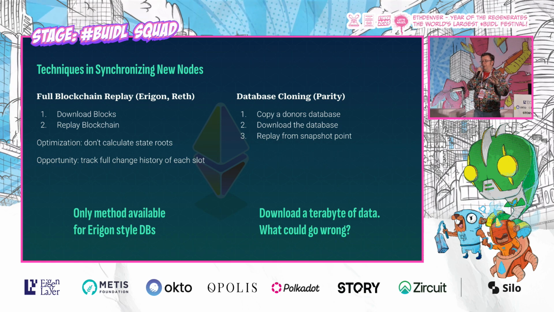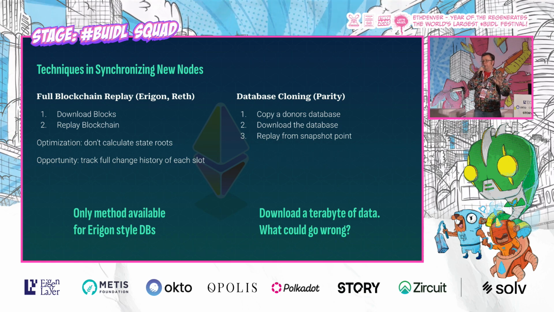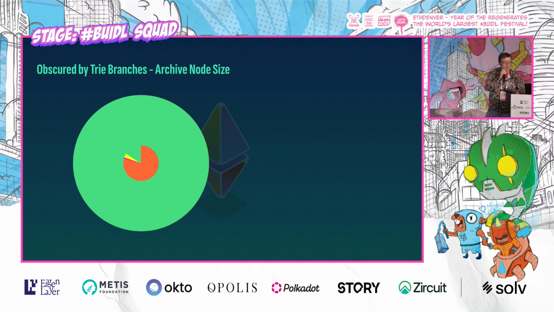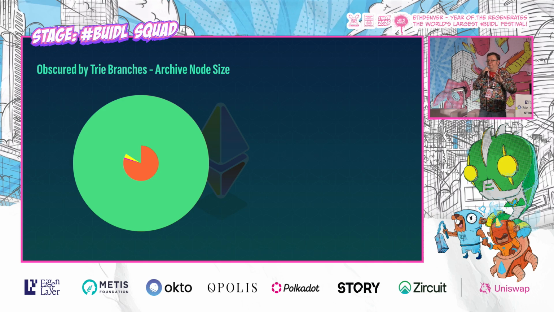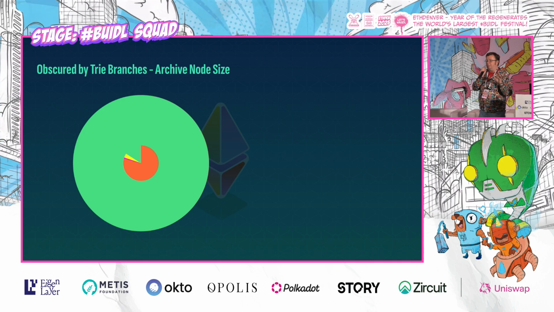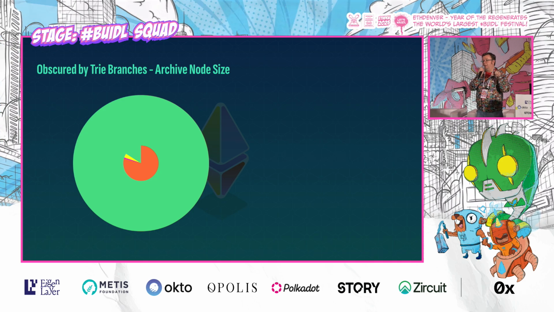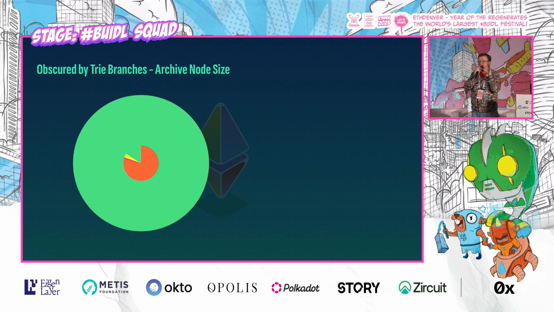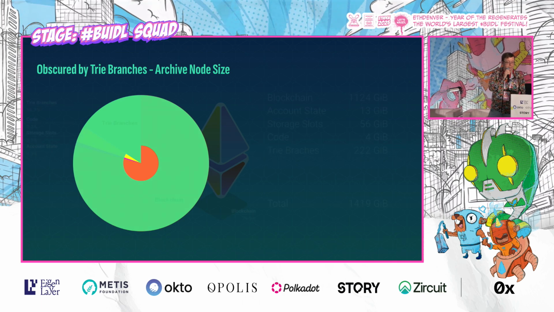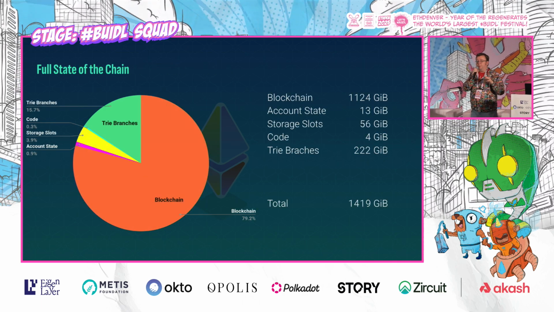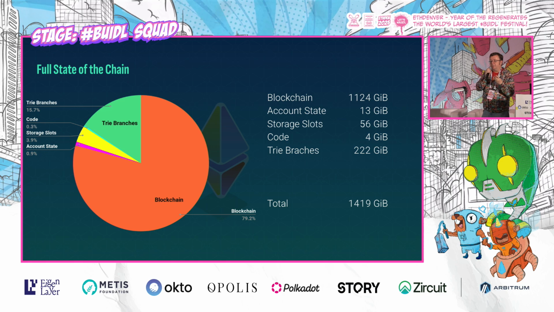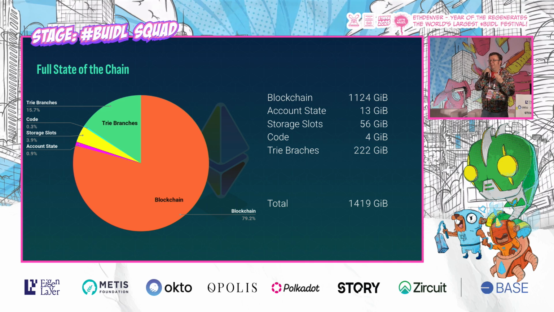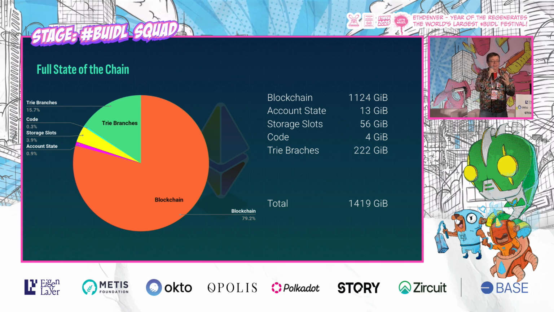So once you synchronize all this data, what are we looking at in the blockchain? Well, if you have an archive node, the archive branch data takes about 20 times as much data as the rest of the chain. That little slim circle in the middle is the current full node data, and all that green circle around it is an archive node. When you look deeper, you get quite a different story. The actual data that represents what you're calculating, the account state, the storage state, and your code, takes up only 5% of the data.